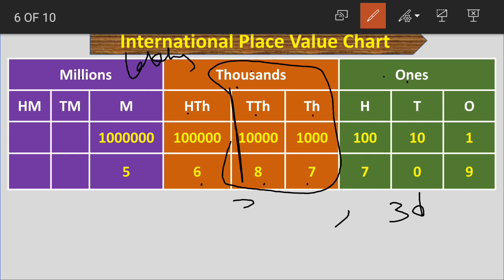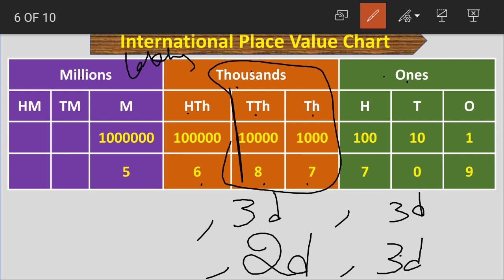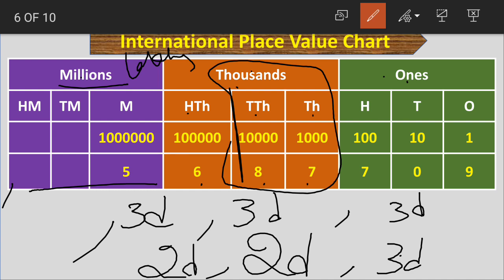Yes, so the comma here comes after 3 digits. In our place value chart, how do we put it? We put the second comma after 2 digits. Then we had lakhs period, but here they are having the millions period. Again this millions period also consists of 3 digits, so the comma will be put after 3 digits here. But in our Indian place value chart, lakhs period has only 2 digits, so the comma will be placed after 2 digits.